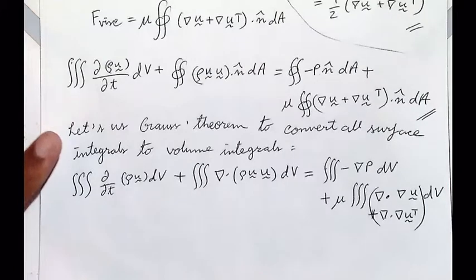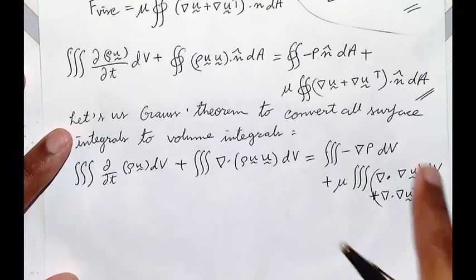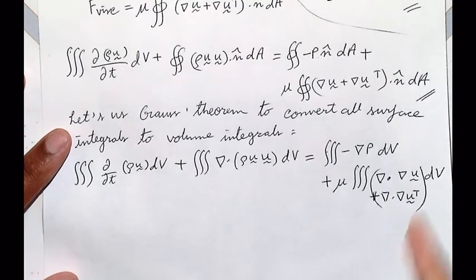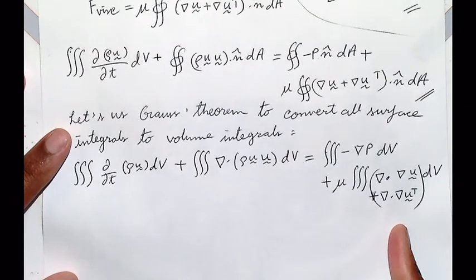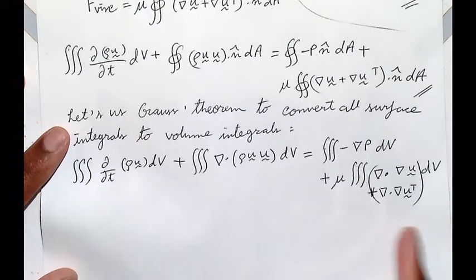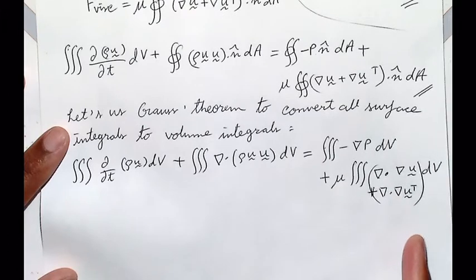Alright, so we're almost there. So let's see. Do you know how to simplify this? Should be nabla square, right? Both the terms go to nabla squared u? No, it's first term nabla square u, and the second term, nabla dot nabla u transpose, is actually 0. Do you know why?